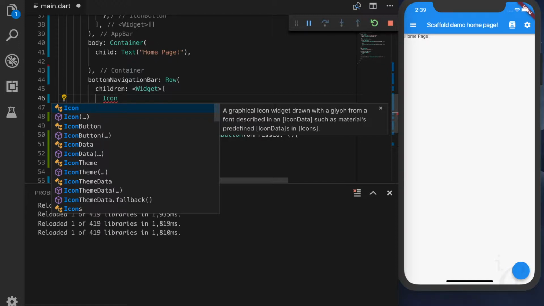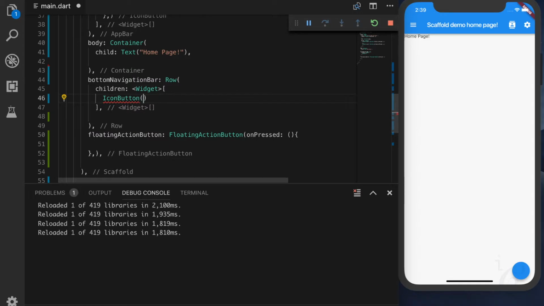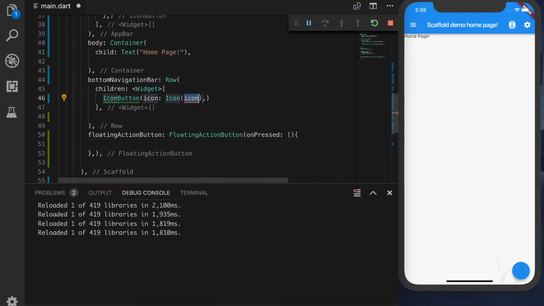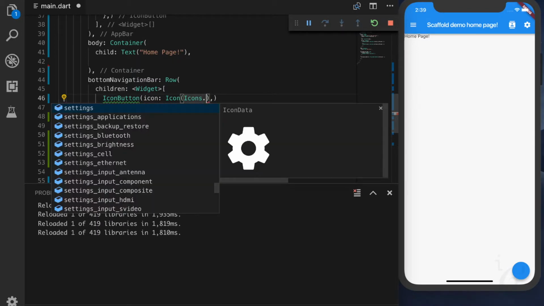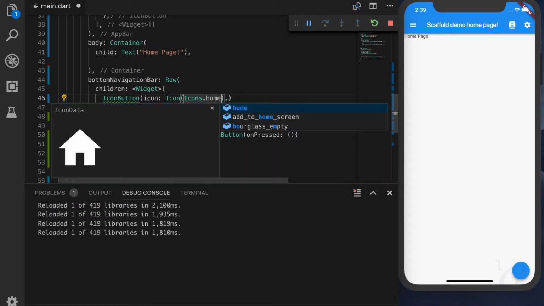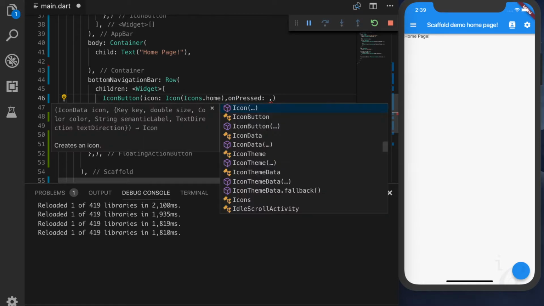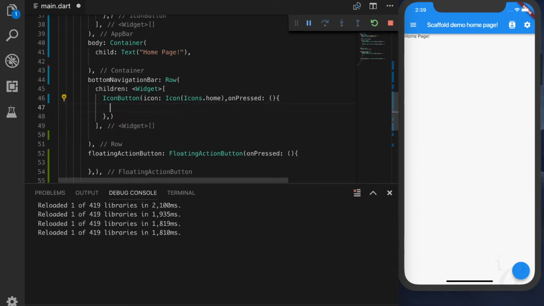In this case it's the home page, so I'm going to add an icon button, and provide icon data as home, and the mandatory param is onPressed, for which we have given a dummy implementation.